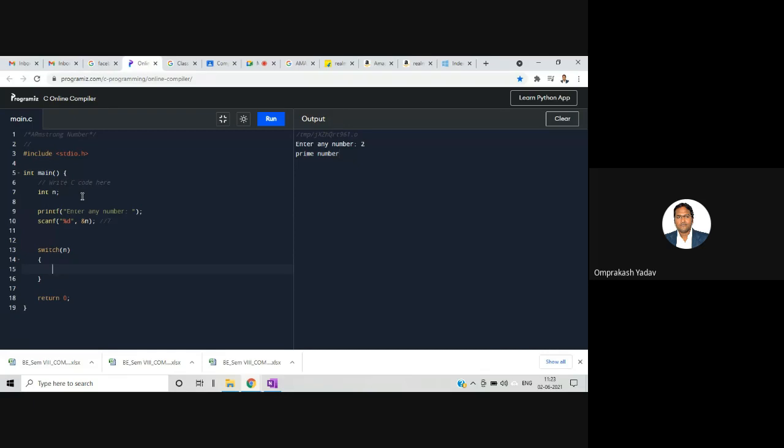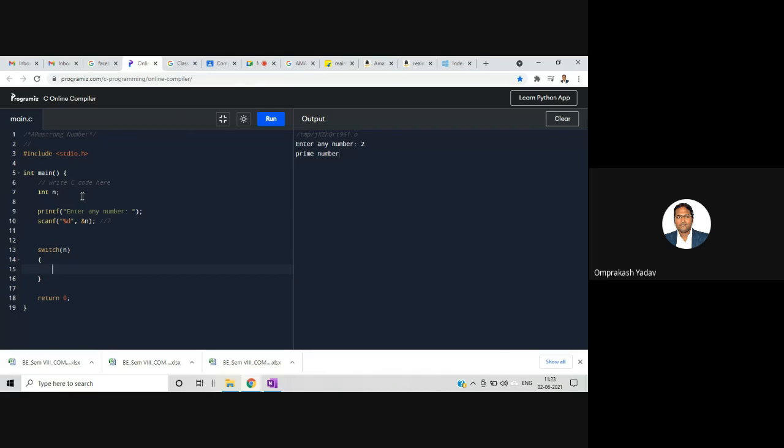What I want to do in this program: if the user enters 1, then I'll simply say 1. If the user enters 2, then I will say 2. Like this, up to 5, I want to just convert a number into words.